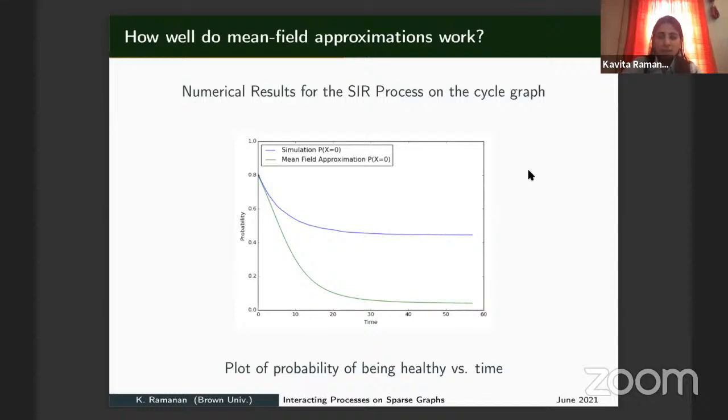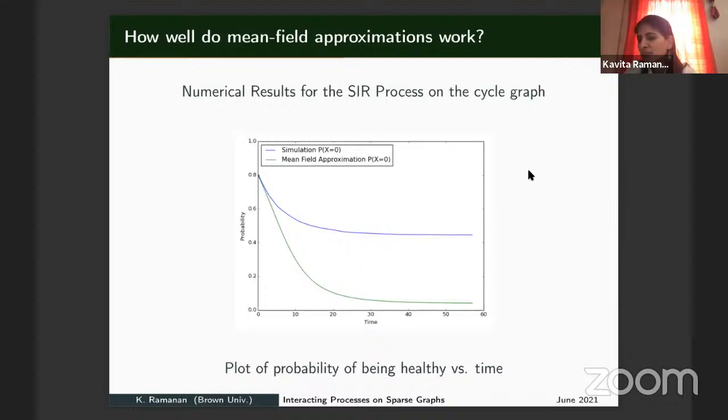So maybe, okay. So then the thing is, you might say it's clear the mean field limit is not doing well because you're not taking into account correlations between me and my neighbors. Yes, which we know exist. It doesn't go to zero like it does in the other case.